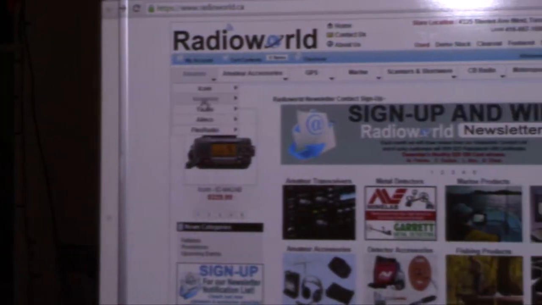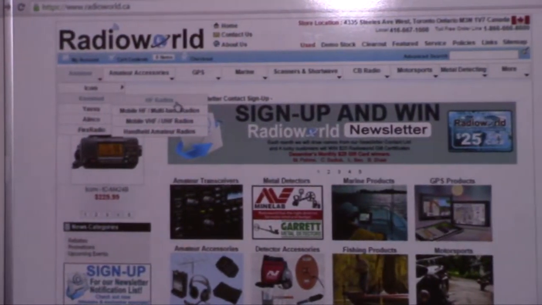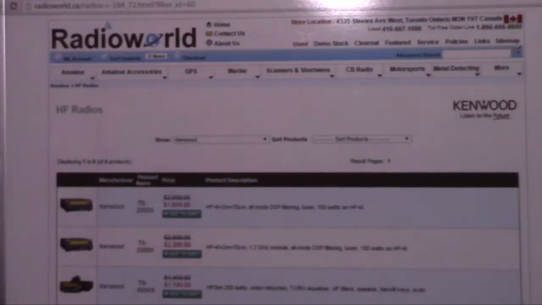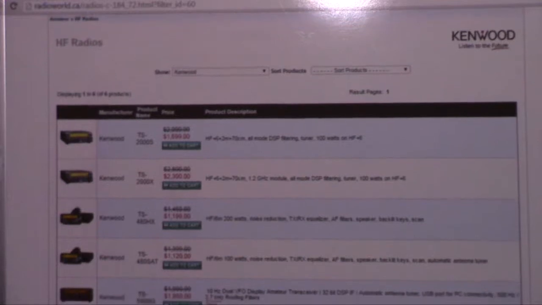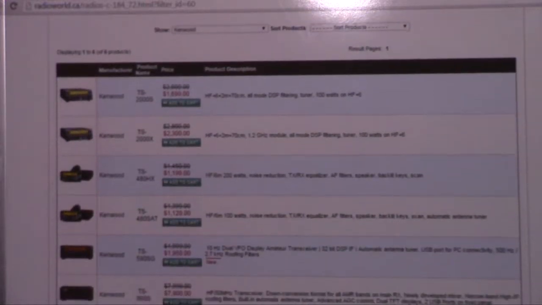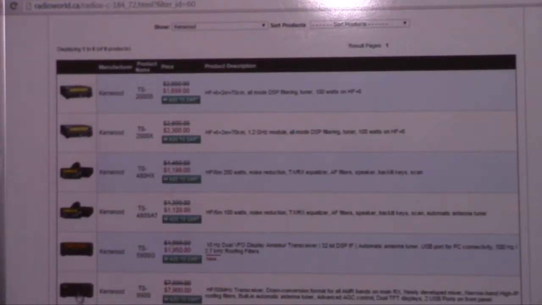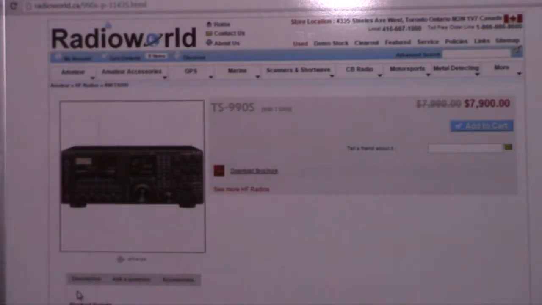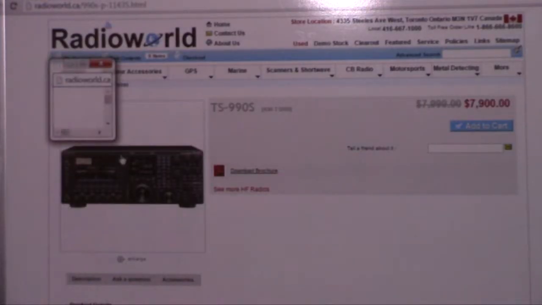Go back to Kenwood for HF transceivers. Okay, this would be the shock factor. The one thing about amateur radio is, like anything, like boats, fishing, or sports cars, the sky's the limit. You can start off with a $50 handheld, and if you want an HF radio, the top of the line one is the Kenwood TS-990, which is a super rig as far as